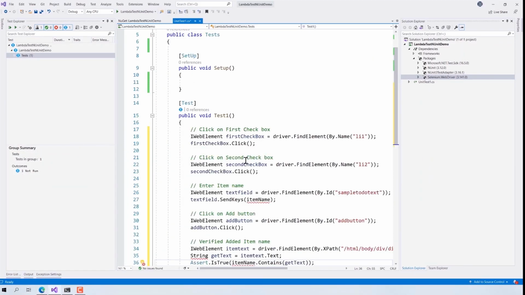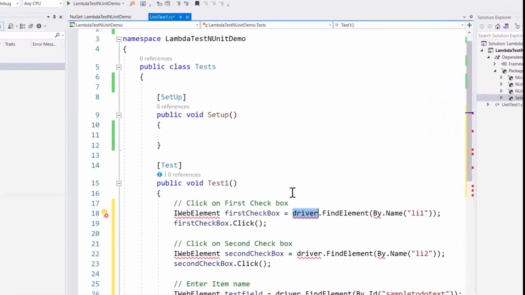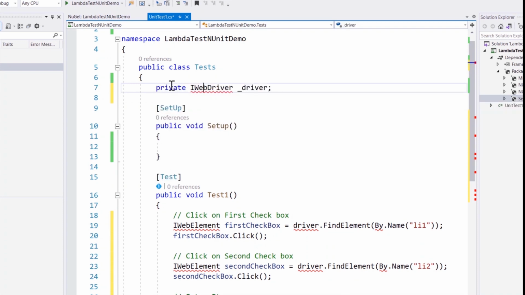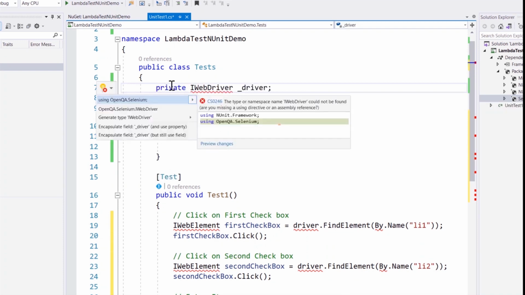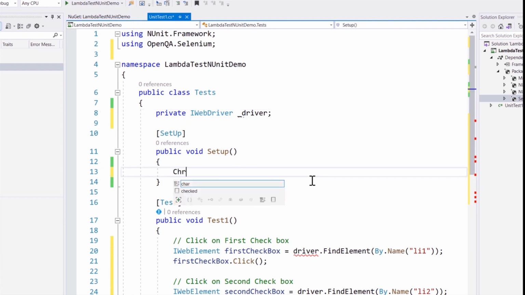But as you can see, for running the Selenium test, we require the Selenium driver, and we also require the browser on which we are going to be executing the test. For this test to run within my local machine, I'm going to run just on the Chrome browser. So I need the Chrome options to be specified for the IWebDriver. I'm going to create a private variable for IWebDriver, and I'm going to add the reference by hitting Control dot, using OpenQA.Selenium,